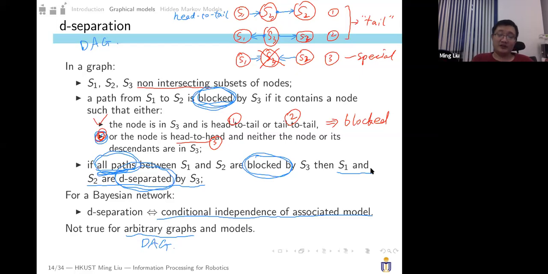Then if all the paths are blocked, it's called d-separation, or you can say if all the paths are blocked, then that's a conditional independence. I hope this is clear. When I learned this concept during my PhD study, it took me some time to digest. But finally, I found the easiest way to understand is first remember, if you see a tail, then it's blocked. If you don't see the tail, but you see a head-to-head, then it should not be part of the descendants. Okay, with this knowledge,